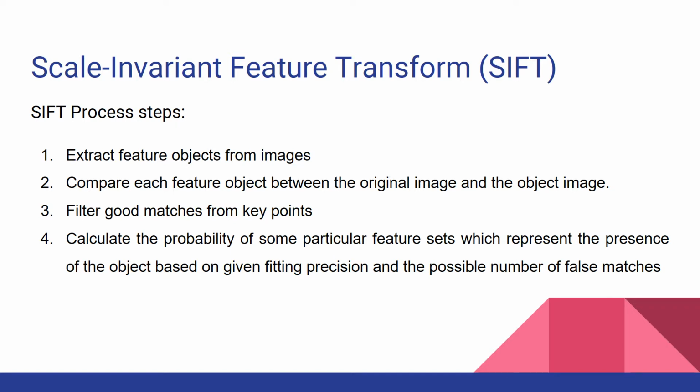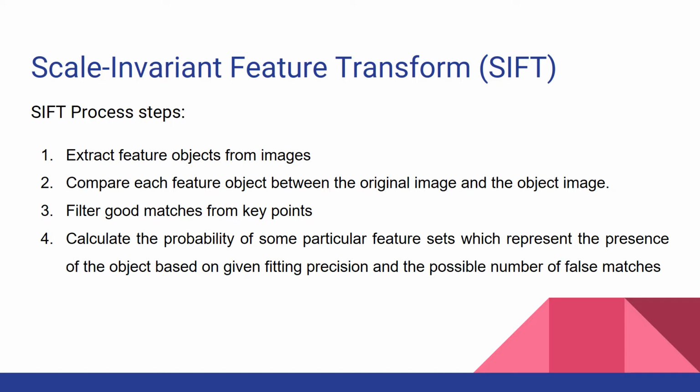The process of SIFT can be divided into 4 steps. The first step, it needs to extract feature objects from images. Secondly, compare each feature object between the origin image and the object image. Thirdly, filter good matches from key points. The key points can be the feature objects about scale, orientation, and location. Finally, calculate the